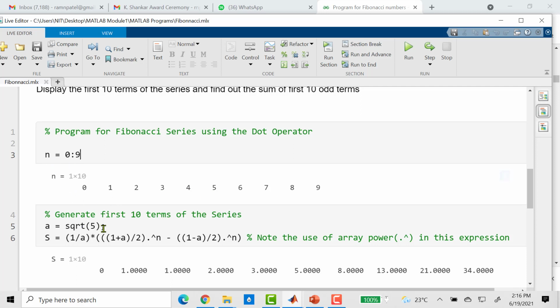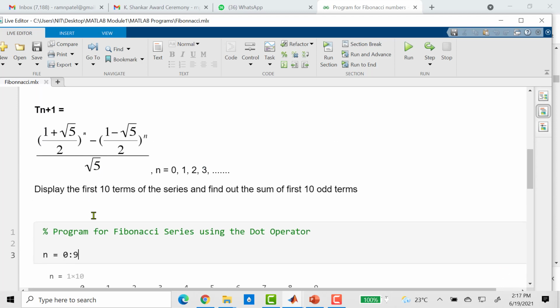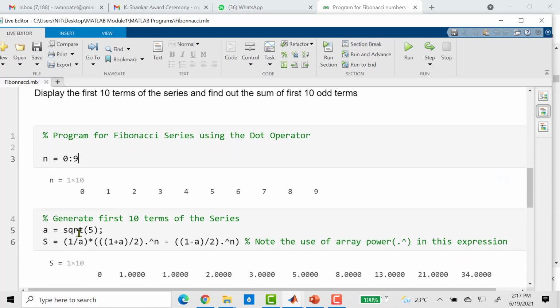The second line is the expression which we showed before. This sequence is generated by 1 plus root 5 by 2 power n, and can be expressed with a equal to square root of 5, and 1 plus a.